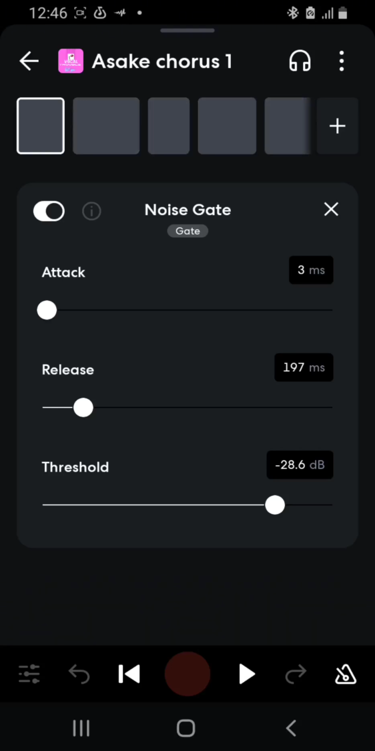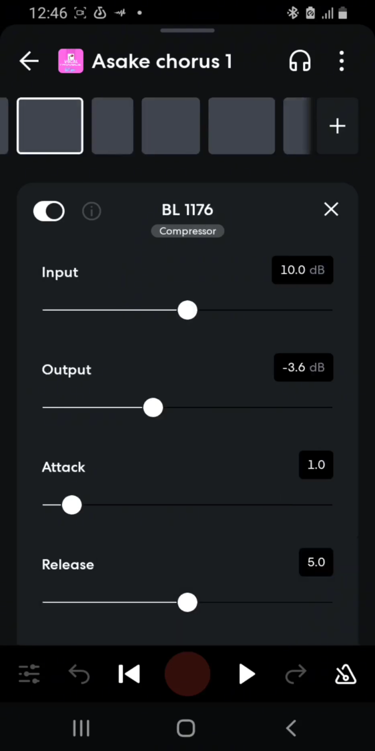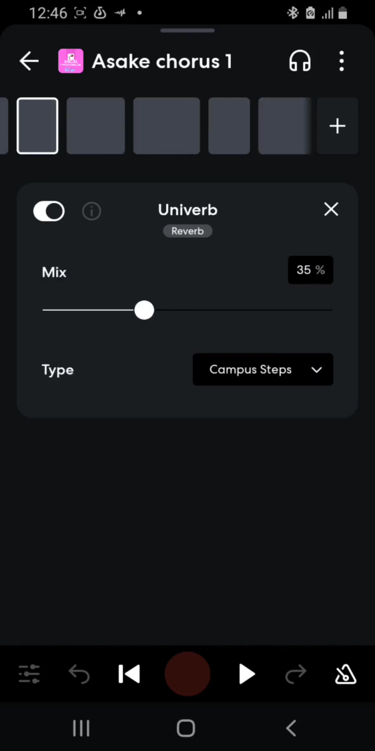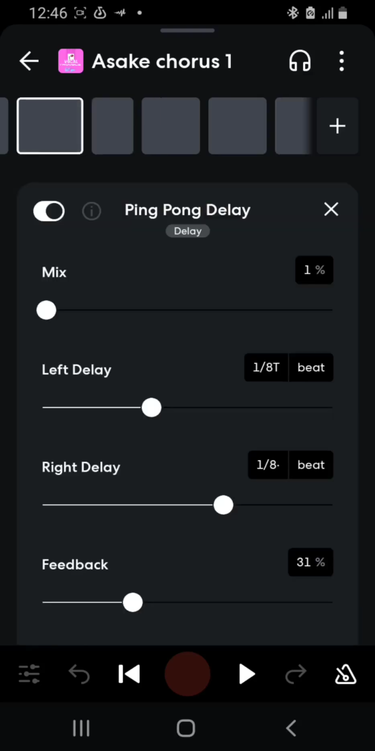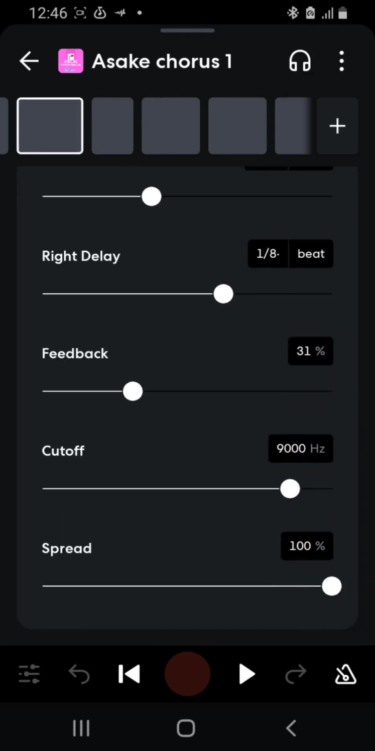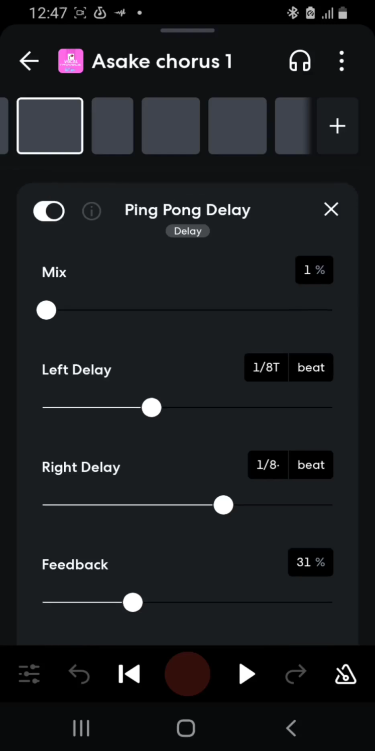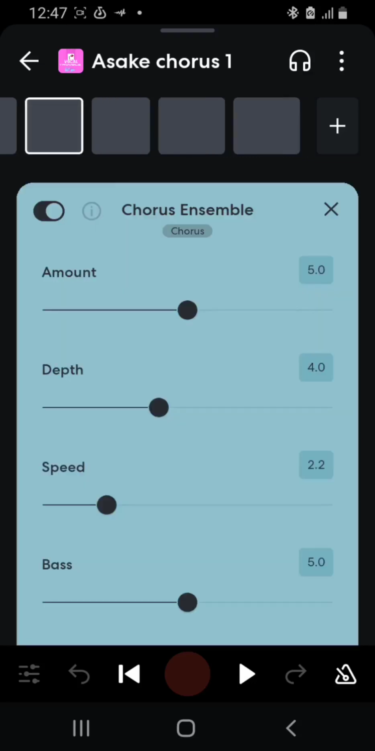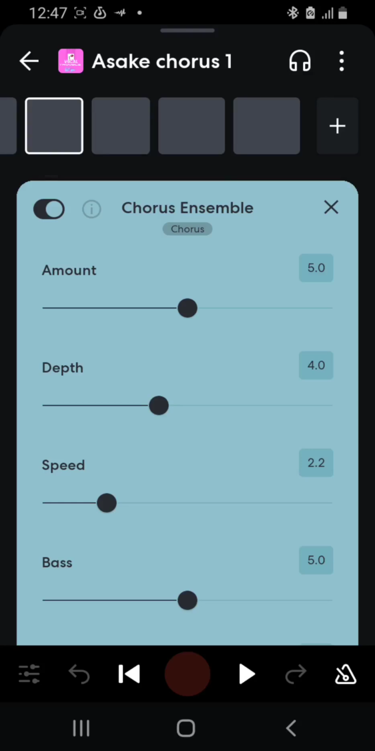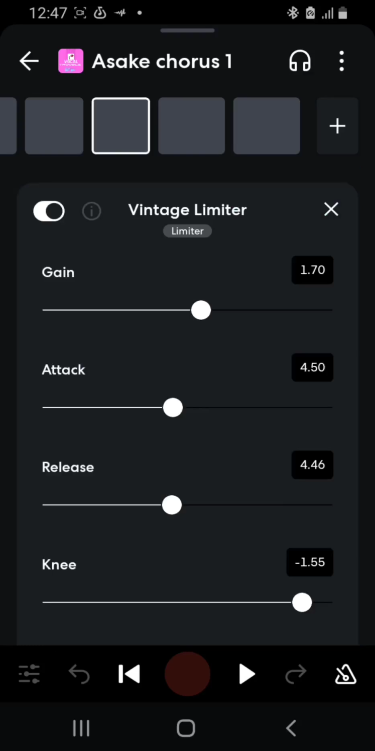Next, for the second Ashike Chorus effect, we had almost the same preset. We have a 1176 for this one. We have a univerb, and this one doesn't have a pitch shift because we don't want the pitch to shift in this one. We came in with our graphic EQ as well, the same graphic EQ. So we had a ping pong delay for this one because the ping pong delay gives us that left-right delay kind of feel. We came in with our vocal doubler, and I also had my chorus assembled from this preset. So we had also the vintage limiter,